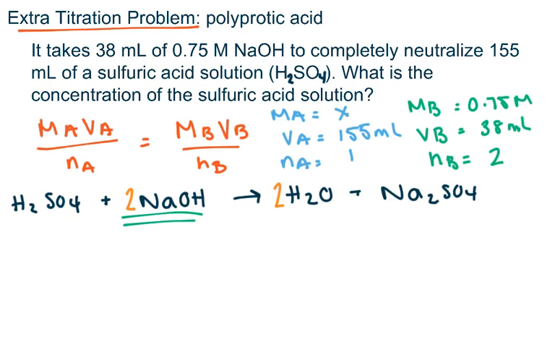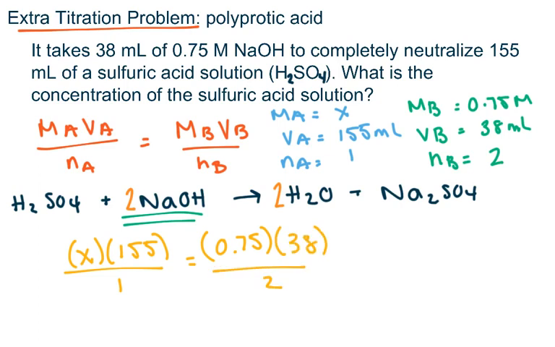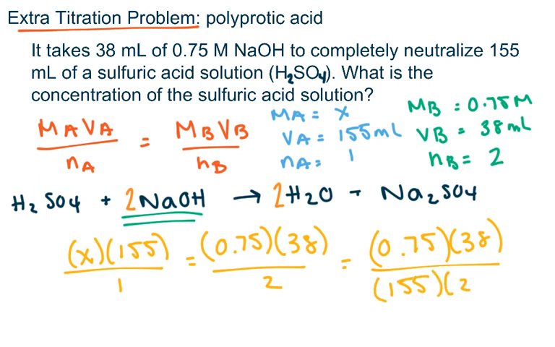So when we set this all up, we have x times 155 divided by 1 equals 0.75 times 38 divided by 2. We cross multiply and work everything out, and we end up with 0.75 times 38 over 155 times 2. We calculate this through, and we end up with 0.092 molar